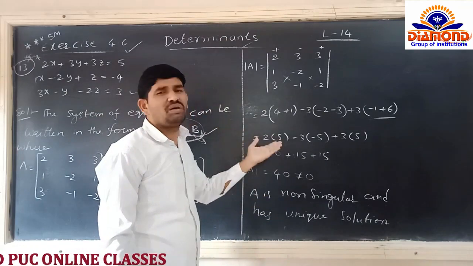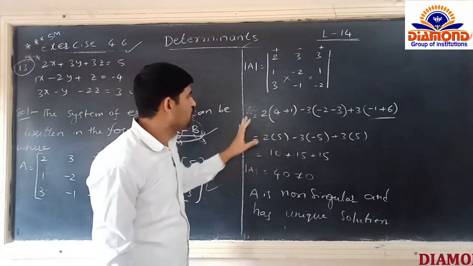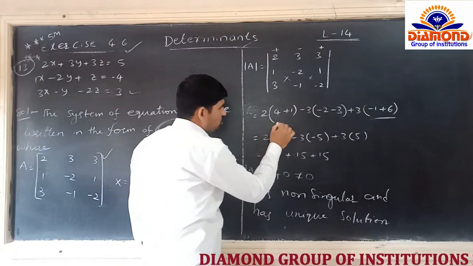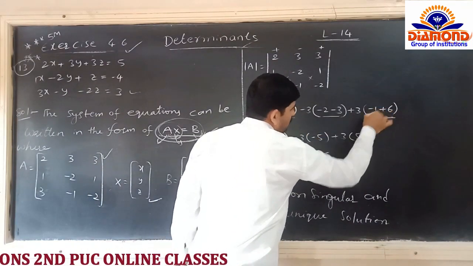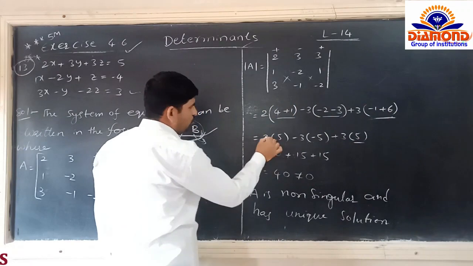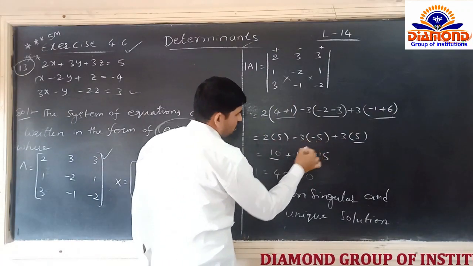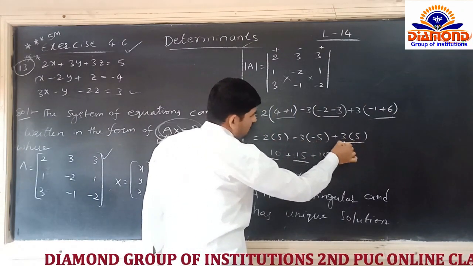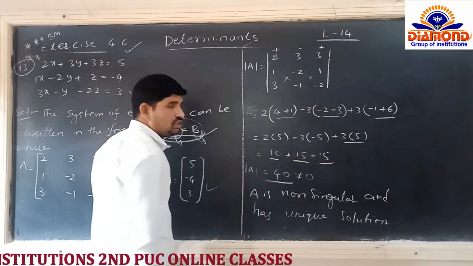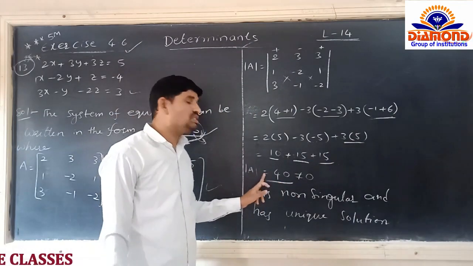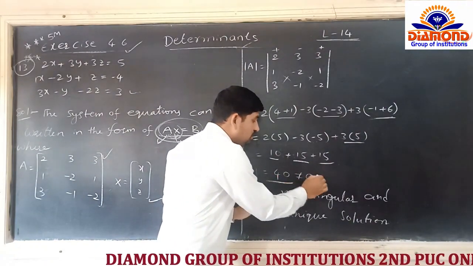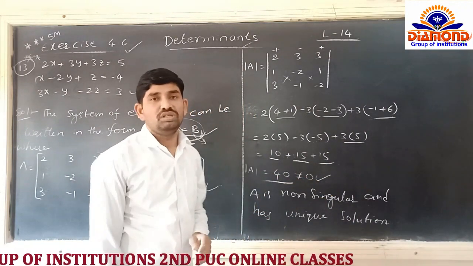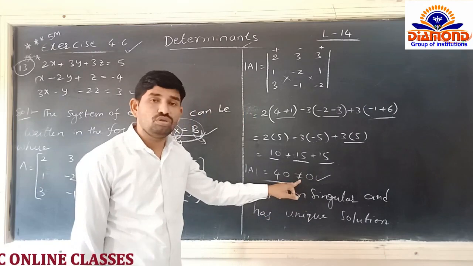Yes, we have completed a number of questions about the determinant concept. Now the simplification of this one: we are having the 5, this is minus 5, what 6 minus 1 is 5. Next one, 2 into 5 is 10, minus 1 minus plus 15. Again this is the 15. So finally we got the result, what? 40. Determinant of A is equal to 40. So determinant of A, suppose we got the 40, is it equal to 0 or not equal to 0? Definitely it is not equal to 0.